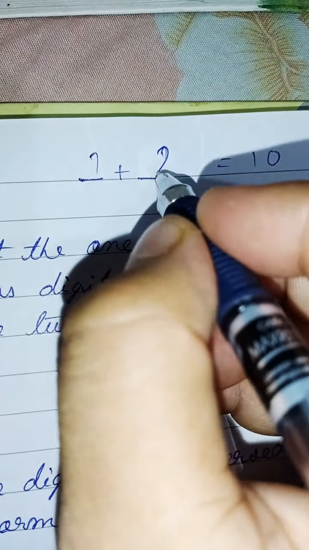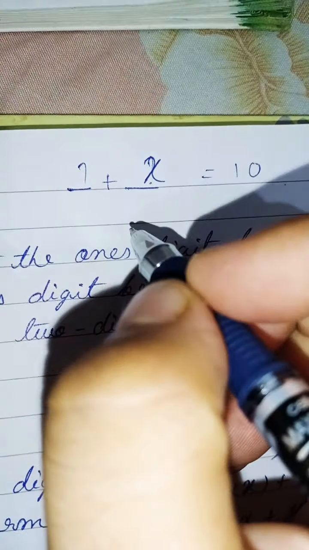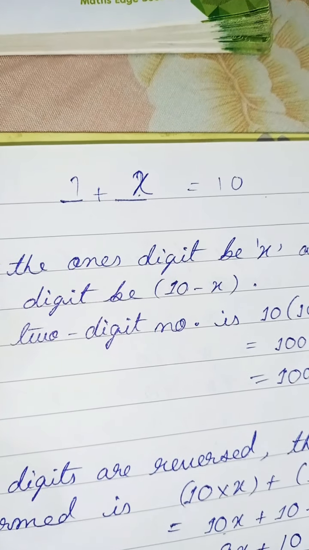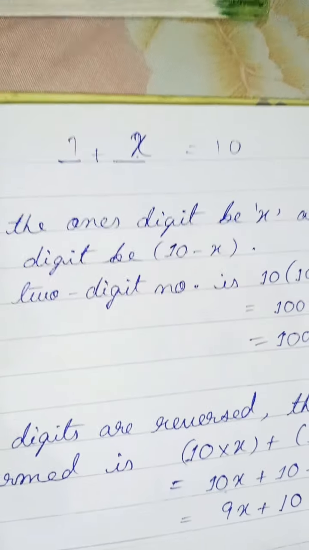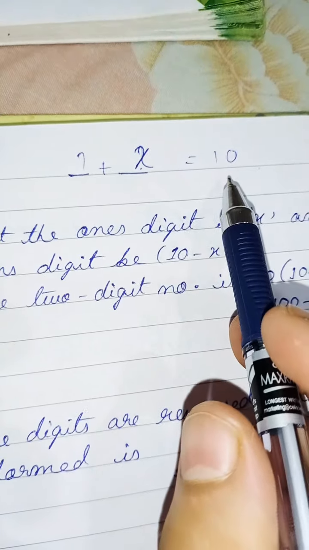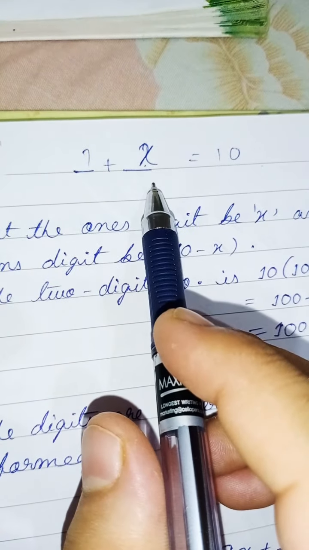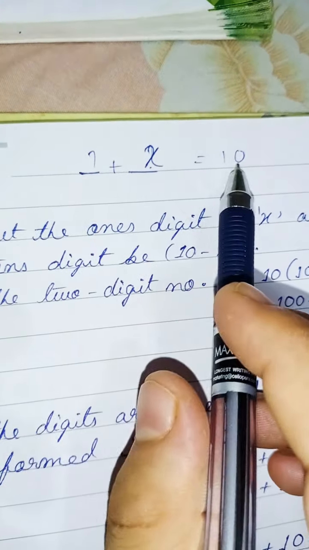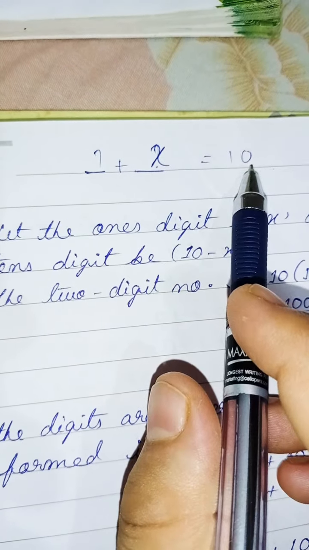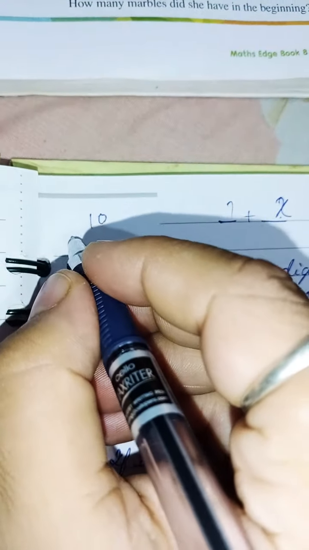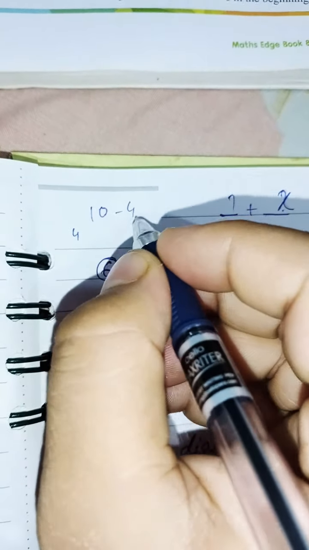Say if I consider this one x, how will I get this one? If you remember the rational numbers, all these things you have done, and in many places we have done. If the sum is given, and one of the numbers is known, how do you find the other number? We subtract the given number from the sum. Say the sum of two numbers is 10, one of them is 4, what is the other? So you will do 10 minus 4.